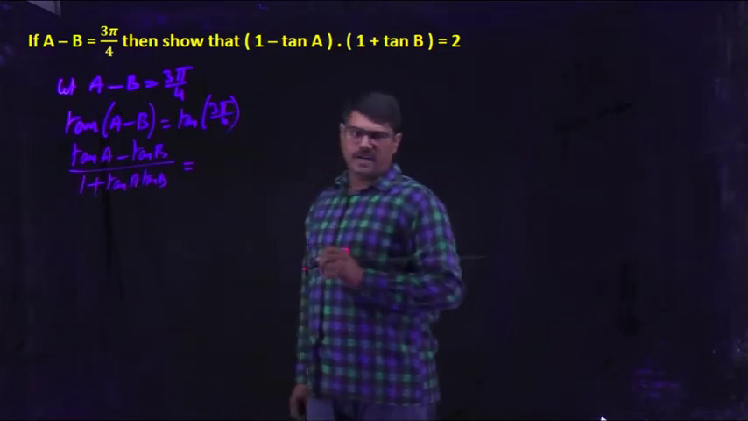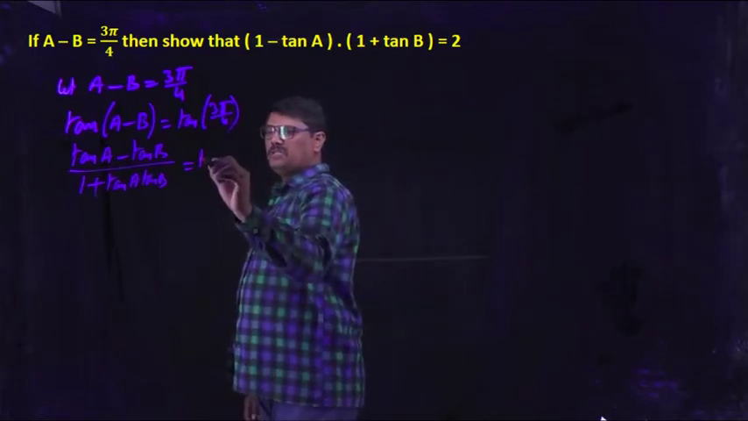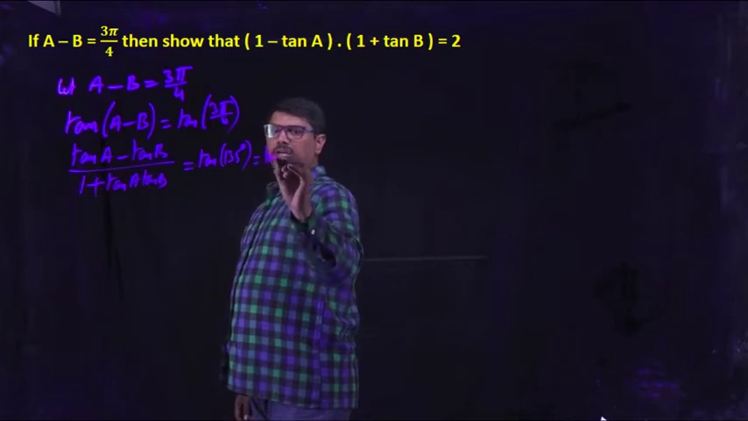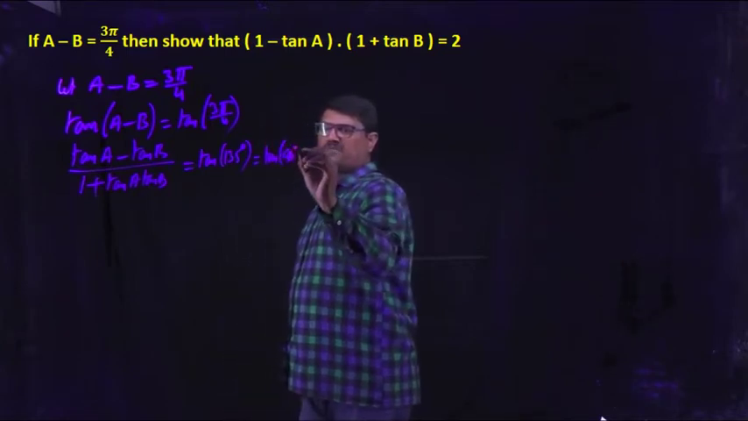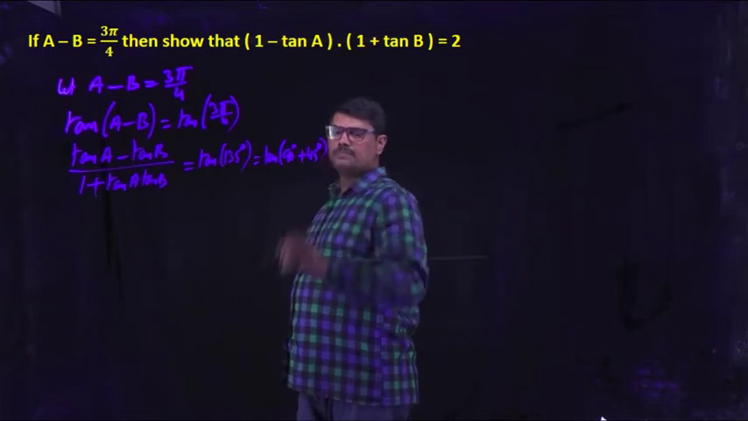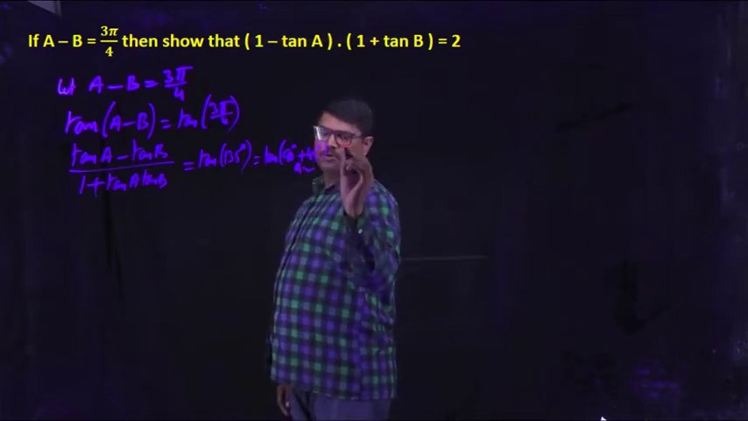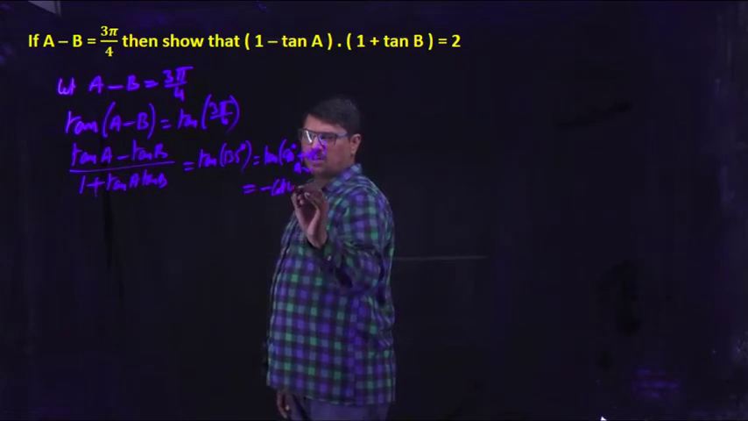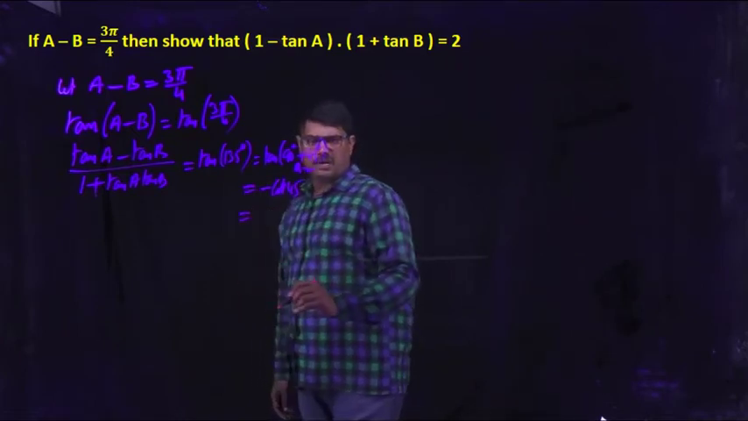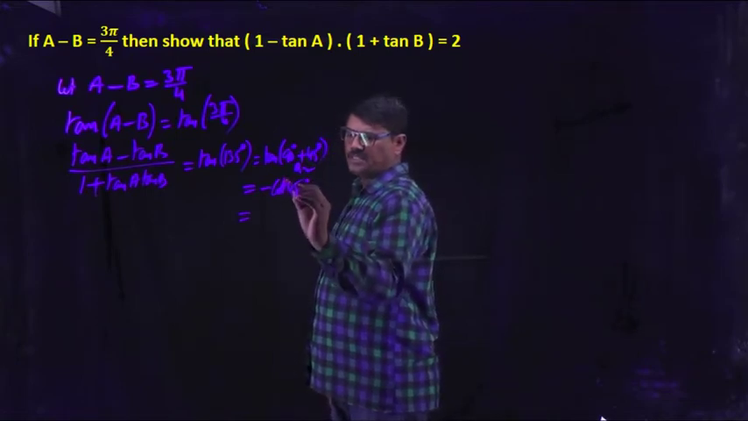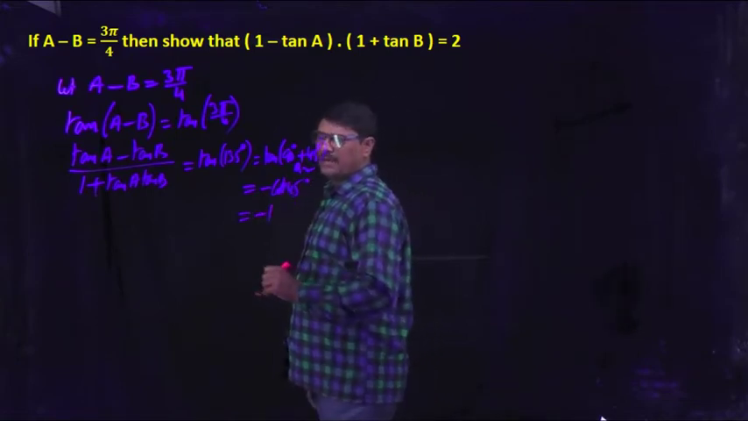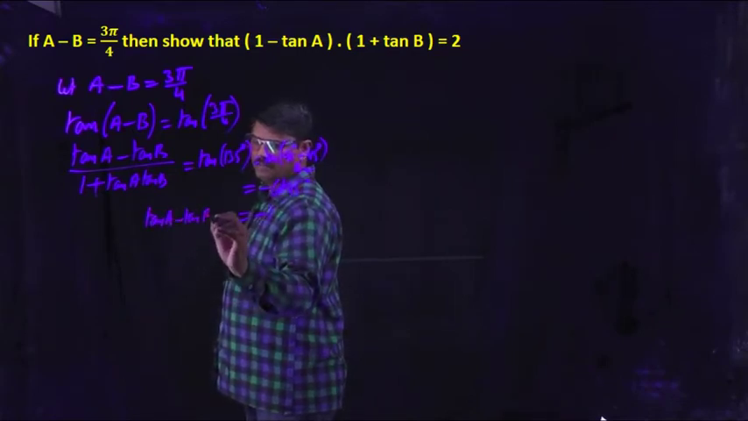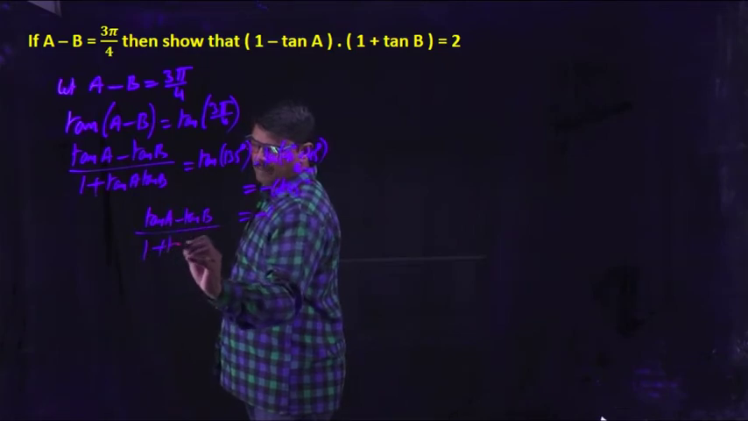Pi by 4 is 45 degrees. 45 into 3, it is tan 135 degrees. So you can write tan 135 as tan 90 plus 45. 90 plus theta is second quadrant. Tan 90 plus theta becomes minus cot theta, so minus cot 45. We know the value of cot 45 degrees is 1. So the value is minus 1. So you will get tan A minus tan B by 1 plus tan A tan B,